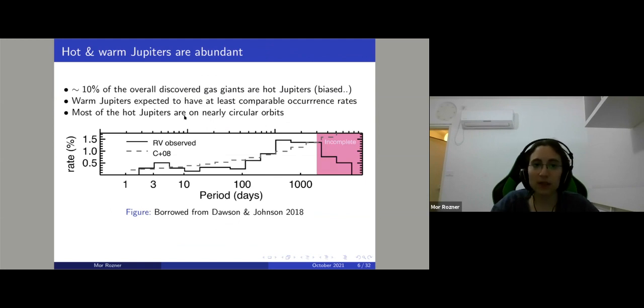So it turns out that hot and warm Jupiters, those strange exoplanets, are abundant. The first exoplanet ever, as I told you, to be discovered was a hot Jupiter. And since then, around 10% of the discovered exoplanets are hot Jupiters. I should say that it is partially because of the bias towards them, but warm Jupiters and hot Jupiters are abundant regardless, and warm Jupiters are less observed due to biases, but are expected to form in at least similar rates as hot Jupiters, as can be seen in this figure,